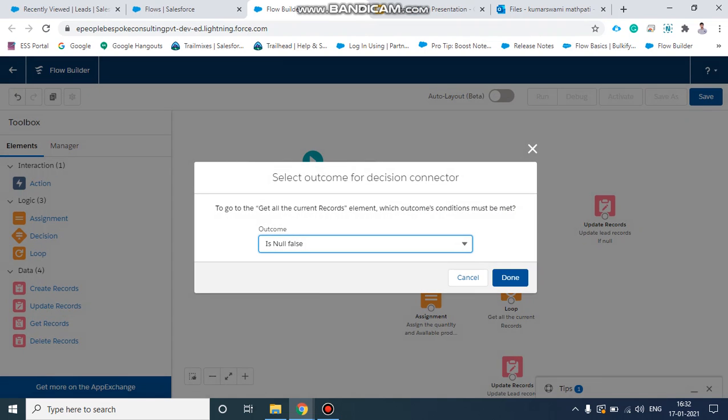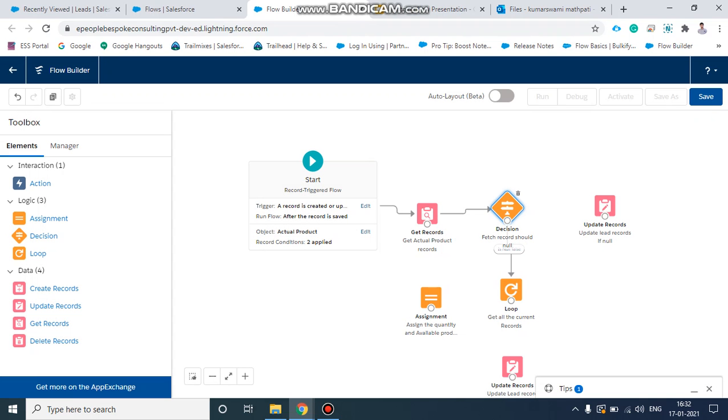Is null false, then all the records are passed into this loop variable. Then we will assign this to the assignment. Then we will close that loop, and after getting all the data, the total quantity and count, it will pass to the update record.